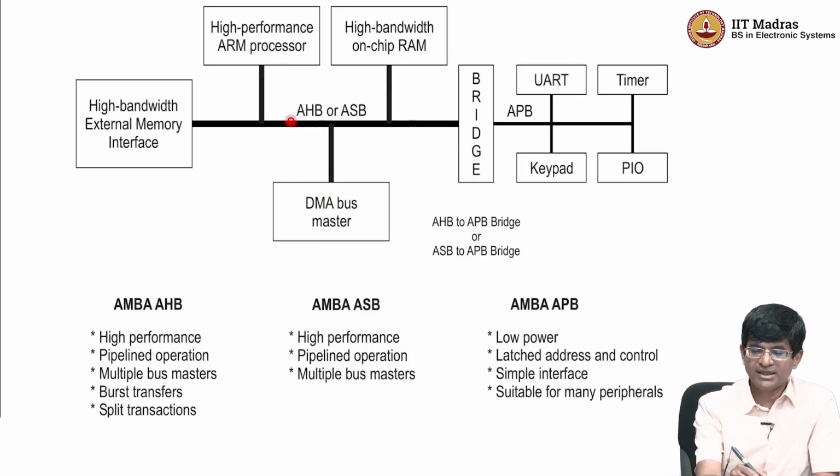But as you can see, there is also this bridge that is sitting over here and saying, okay, everything on the left is a high performance peripheral, everything on the right is slow speed. Rather than trying to communicate directly between them, let me put in a bridge whose job is to make sure that if something slow is coming in over here, it gets converted to the clock speed running on the left hand side. And clearly anything communicating here is going to have to wait if it needs to communicate with the right. So let me take care of the handshaking signals also in this bridge part out here.